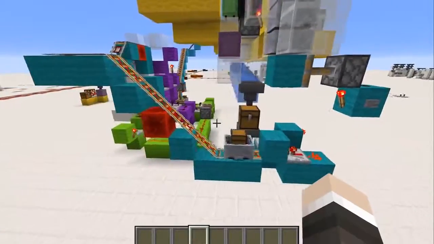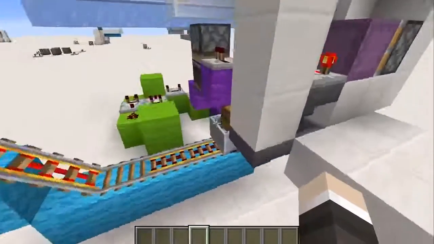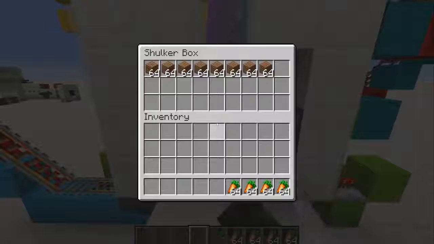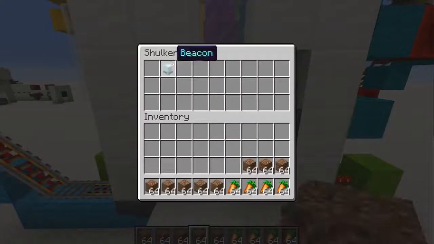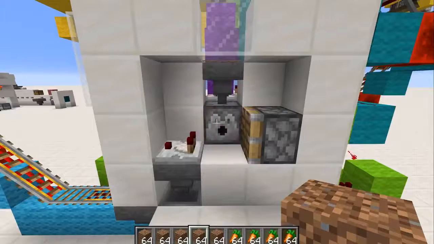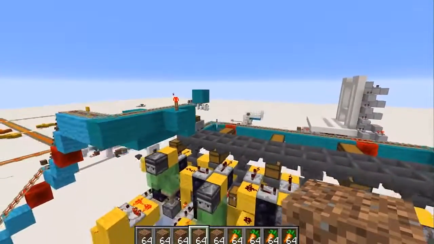So there is our little minecart chest. That has all been processed and has all ended up here. And our little minecart chest has made its way back into this area, ready to reset. That's brilliant. So I got my 4 stacks of carrots. That's good. I got my 8 stacks of dirt. Fantastic. I've got my beacon. I got my 2 stacks of gold. And I've got my other 2 stacks of gold. That's everything today. And off my empty shulker boxes go, up to the top here, to be loaded back into